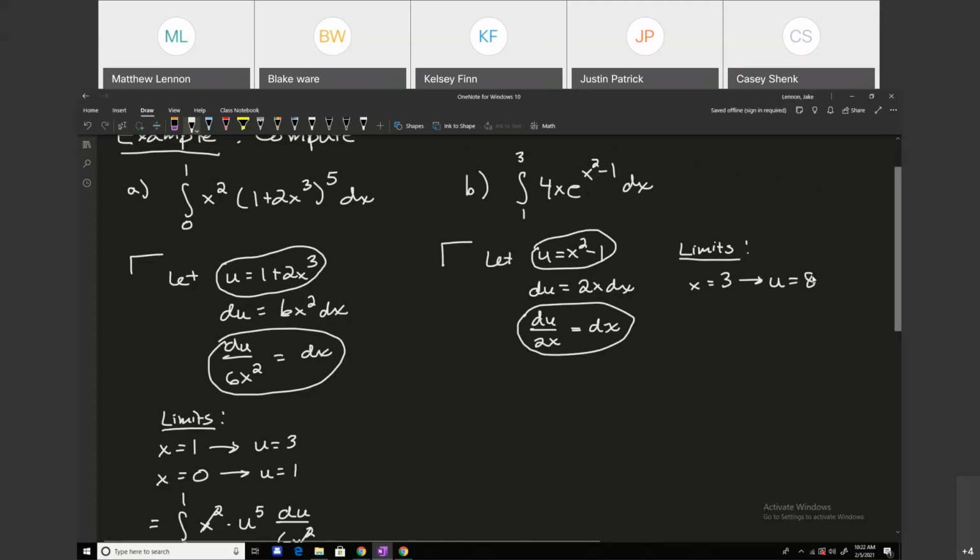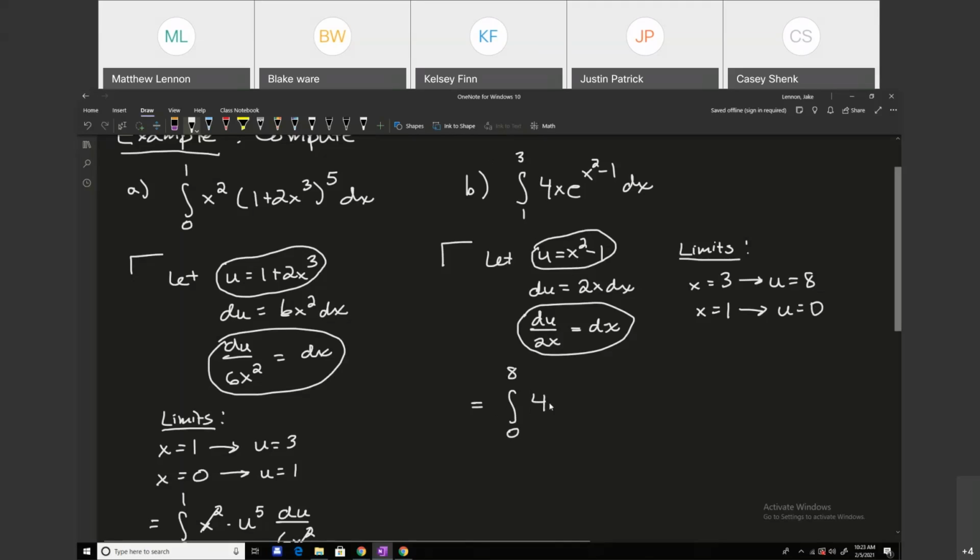So 9 minus 1 is 8. And if x is 1, you get 1 squared minus 1, which is 0. So again, I'm just plugging them into this top thing that I've circled. The 1 and the 3 are x values, so when you plug them in, you get values of u equals 8 and u equals 0, respectively. So then our integral is going to become the integral from 0 to 8